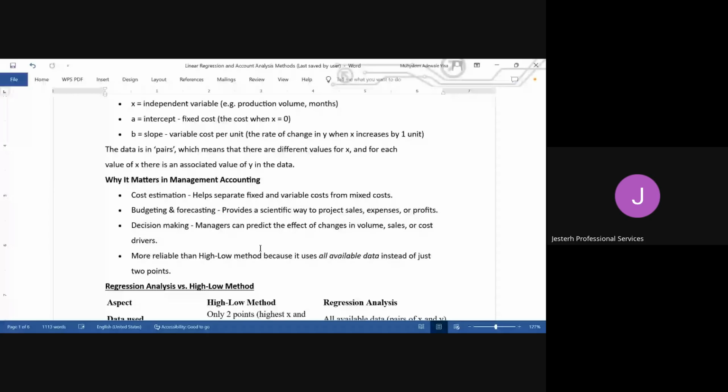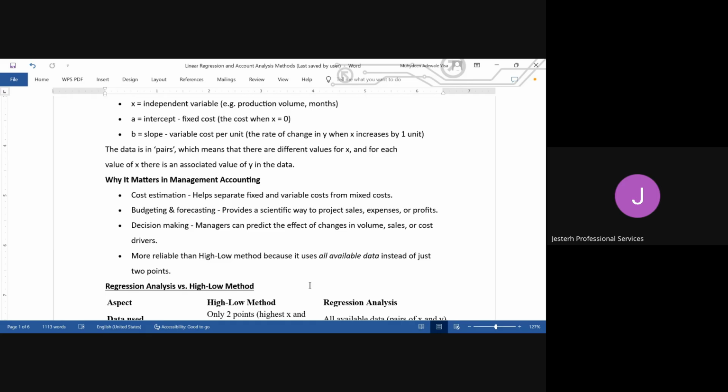And then it's more reliable than the high and low method because it uses all available data instead of just 2 points. Like I explained earlier, linear regression gives us more details, more information. It's not only restricted to the high level of activities and the lower level of activities alone. In these aspects, linear regression helps us to use all the available data to make proper decisions that can help